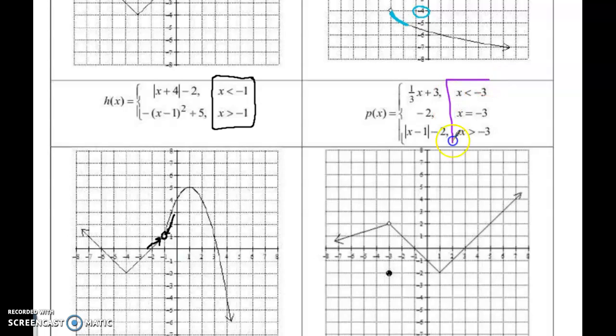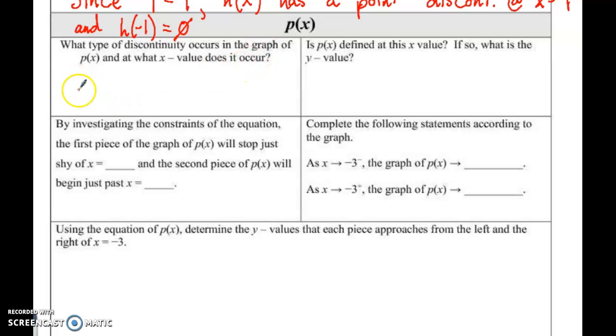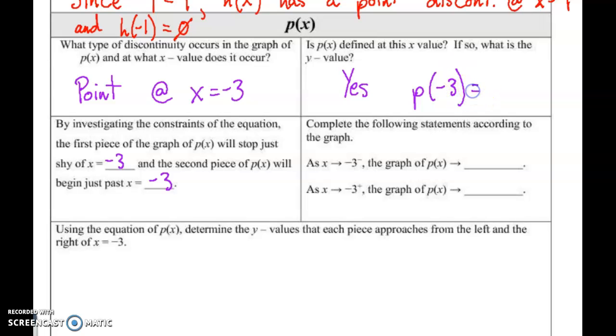Here's another one, P of x, where we're examining x equals -3. I already told you that this is a point discontinuity, even though it's defined down here. I'll explain why here shortly. Okay, so we're looking at x equals -3. That's all I was trying to get at. So we're looking at, for P of x, is a point or a hole discontinuity at x equals -3. And so that's going to be your left piece and your right piece, and they kind of already gave it to you right there. But now, this time it is defined, and P of -3 is equal to a value,